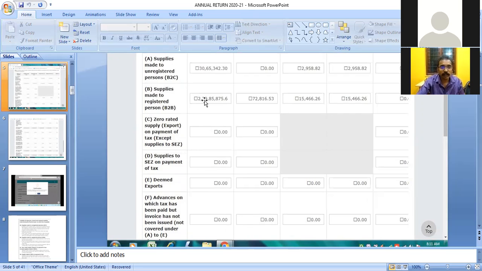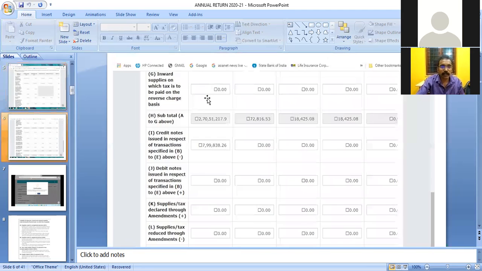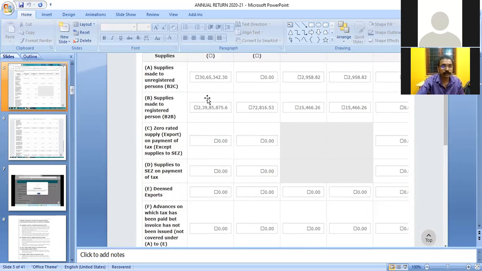It is not required that it is to be shown on gross basis, declaring supplies here and debit notes, credit notes, amendments, etc. in the respective columns. It can be shown on net basis after addressing all the amendments and debit and credit notes.